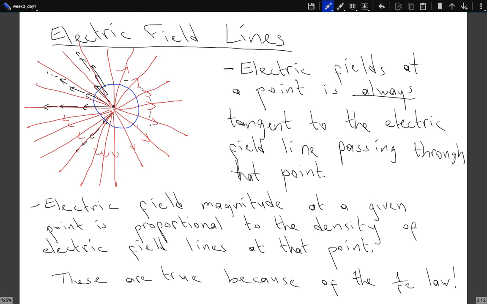Well, you just count the number of electric field lines divided by the surface area. The surface area is 4 pi r squared. So the density over here is inversely proportional to 4 pi r squared, which is just the Coulomb's law. And if you plot another sphere around it,